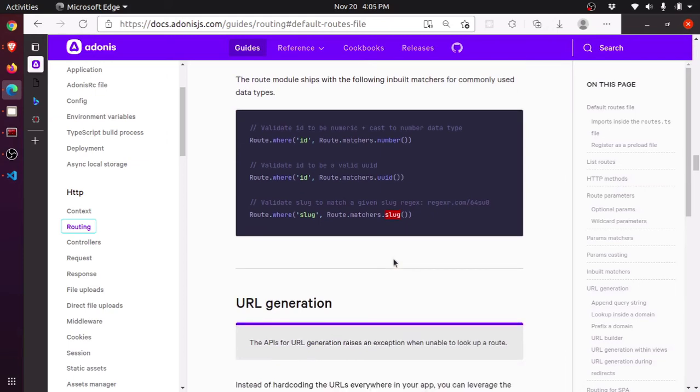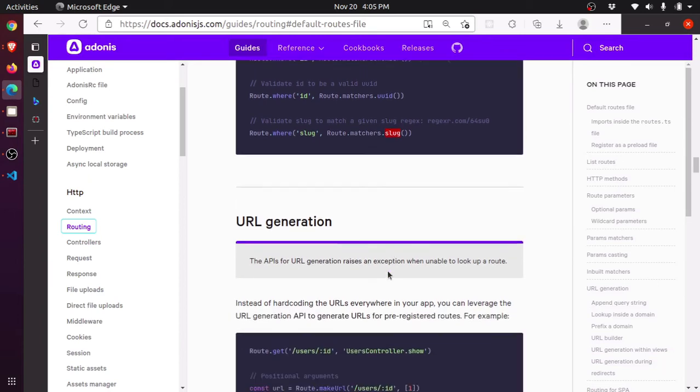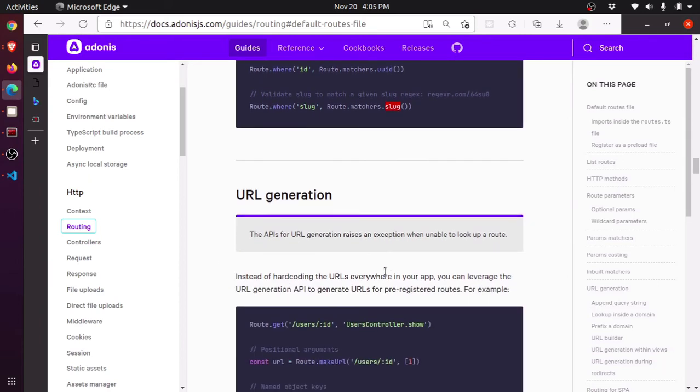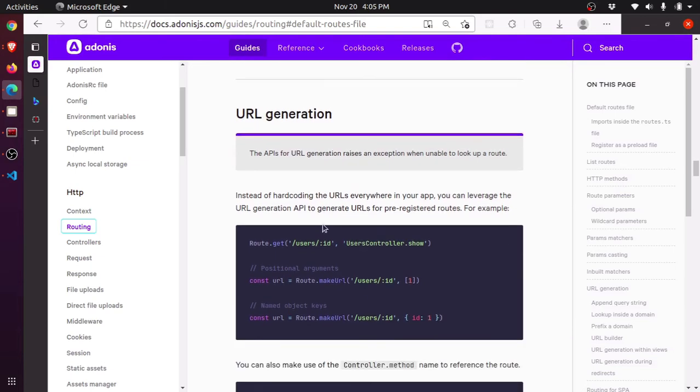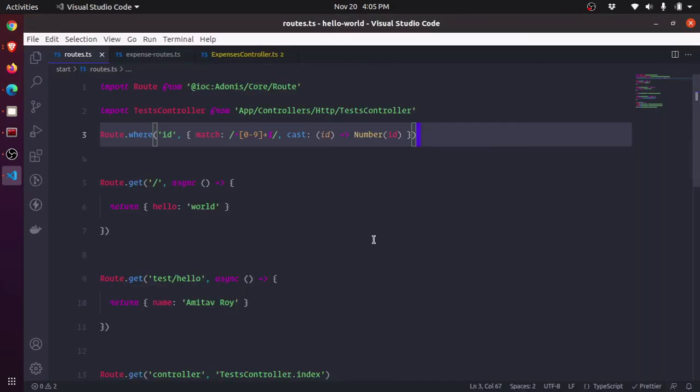Okay, now the last thing which I would like to touch upon is URL generation. URL generation is very much like within the application. If you are trying to create a URL of one particular route programmatically, you should be using that. For example, let's just say,